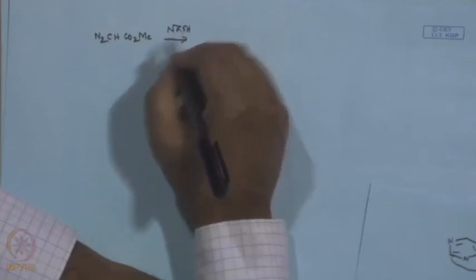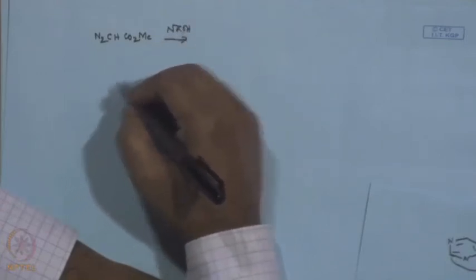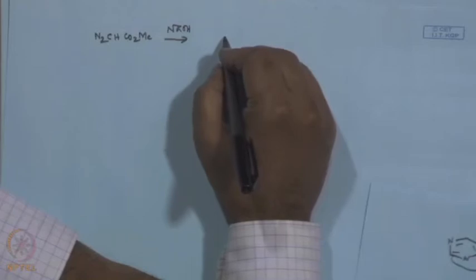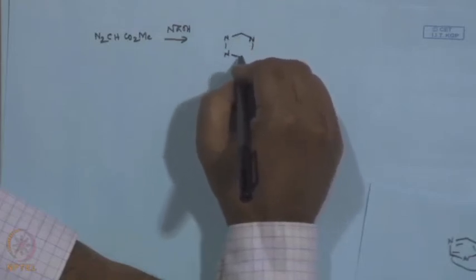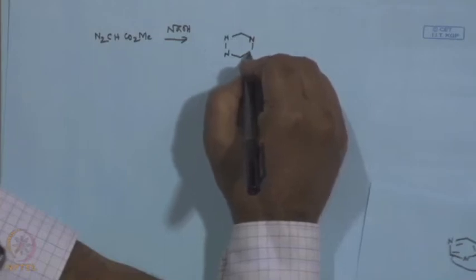So, methyl ester of glycine and sodium nitrite, diazotization. In all other cases, diazo compounds are unstable, but if you have an electron withdrawing group or a conjugated system, this diazo is stable. And then if you just warm with sodium hydroxide, what you will get? You will get this tetrazine,